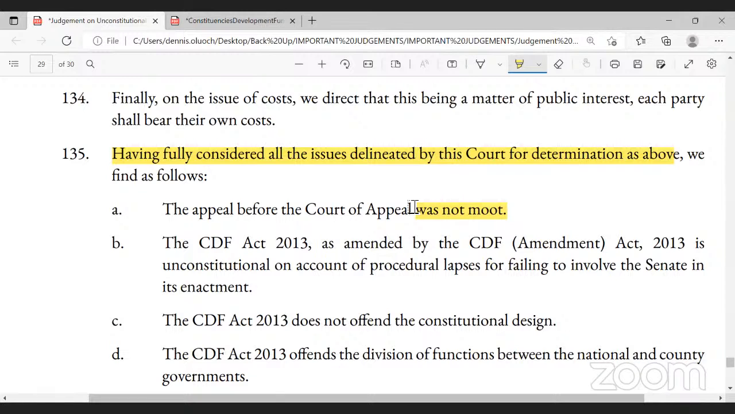It was not suspended. So it was active, and it was rightly before the court. That is the basic understanding. The court finds that the CDF Act 2013, as amended by the CDF Amendment Act 2013, is unconstitutional on account of procedural lapses, for failing to involve the Senate in its enactment. Okay? The CDF Act does not offend the constitutional design,